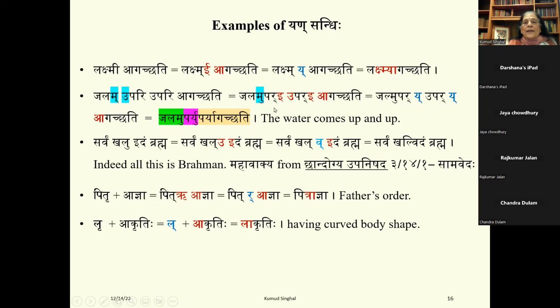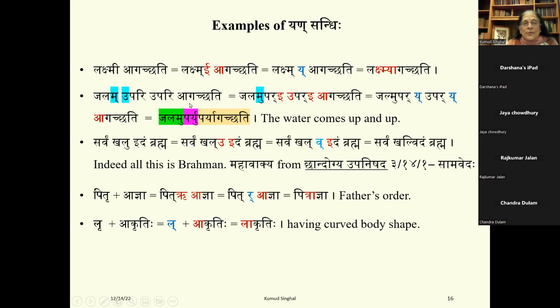And here this next upari also ends in e and is followed by a. So this is a dissimilar vowel. So this e will also be replaced by ya. And then you have an a. So let's see how these letters and words combine. Ra and ya is a conjunct consonant. Ra is the first member, so this goes here, and it is replaced by ya. And ya and u becomes u. Then ra and ya again, this ra goes here and ya with a becomes ya. So jalmu paryu